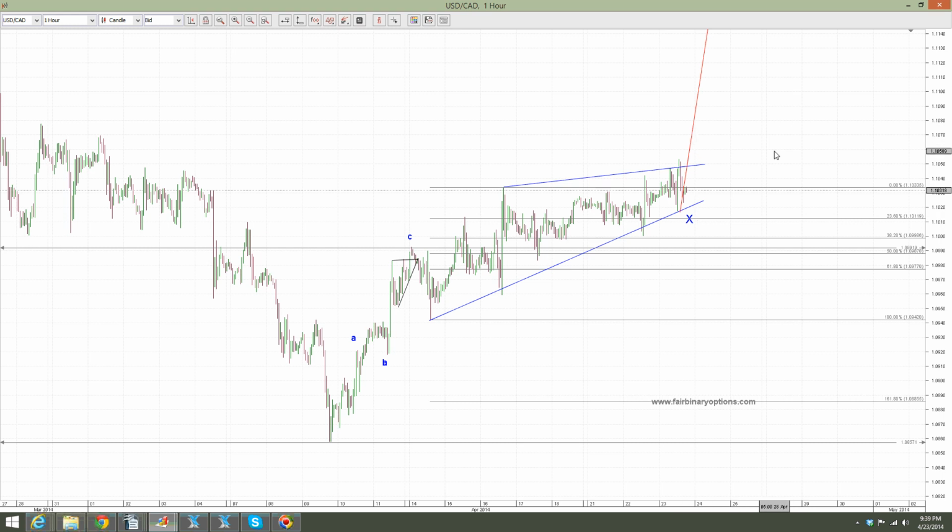What I'm trying to say is that this US dollar Canadian dollar pair is most likely not going to head to the downside. So the logical outcome, or the logical thing to look for, is to buy call options or to go long if you are trading the regular spot market, depending on your risk aversion. But what looks here as a rising wedge is most likely not a rising wedge. So what I would like to do here is to buy call options.